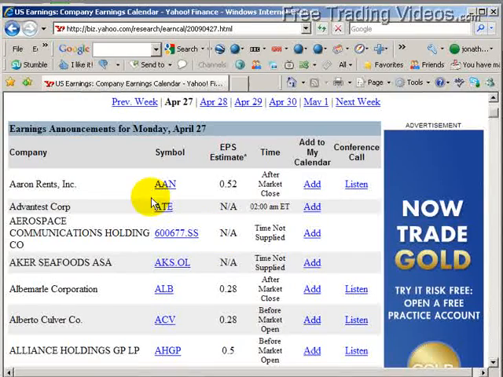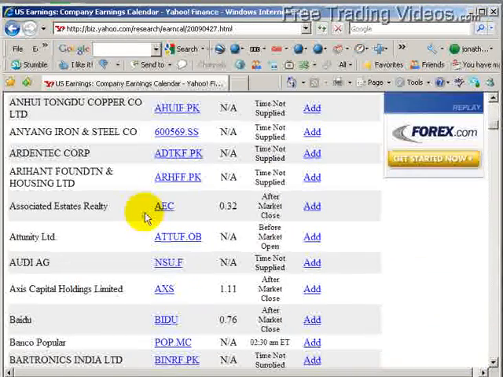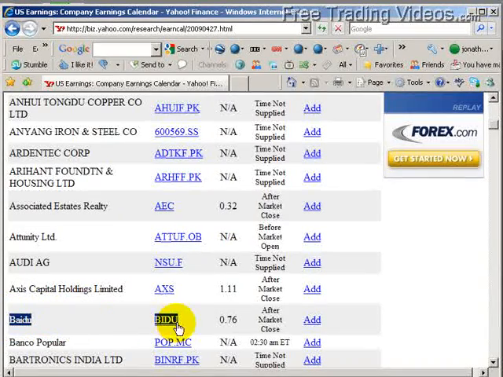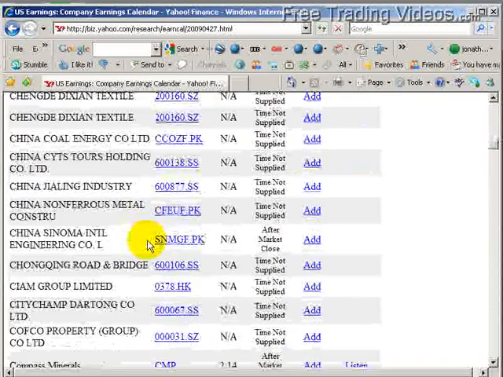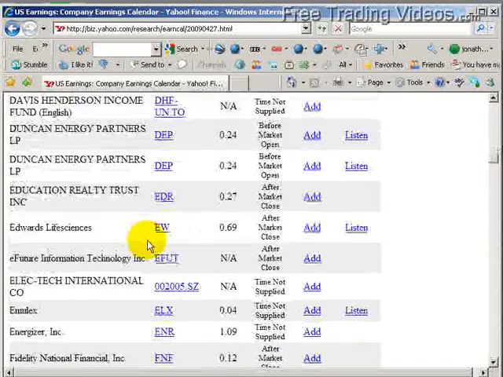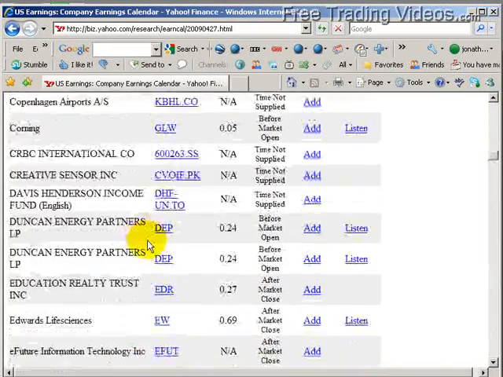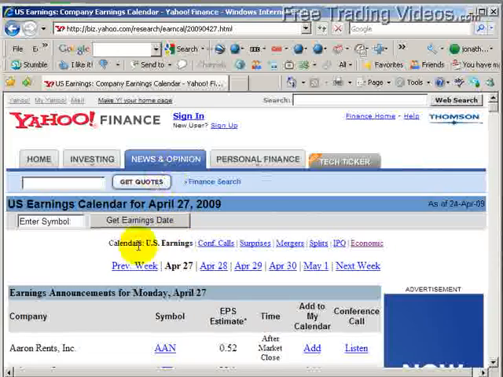Anyway, so you can go through all the companies that are reporting earnings for any of these days coming up. And that can be very helpful because sometimes a bellwether stock will announce, for instance, a Baidu for instance, and you can watch how those earnings affect the market and how the market digests that news, whether it was good, in line, or poorer than expected, and that's a good thing to do. So take a look at that as well.